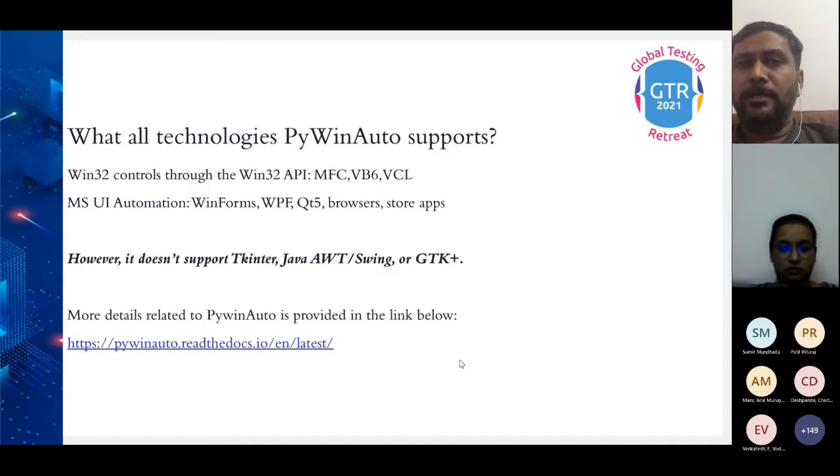So this clearly says that if you have a requirement wherein you want to do a combination of web and desktop, then you can utilize Python Pywin Auto along with desktop-based automation. However, there are some limitations we wanted to highlight: it doesn't support Java AWT or GTK.